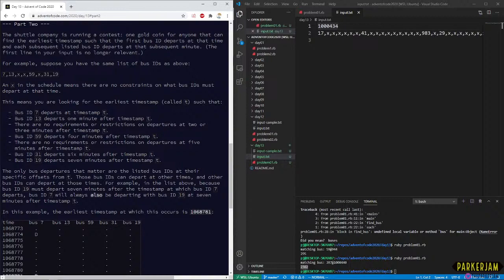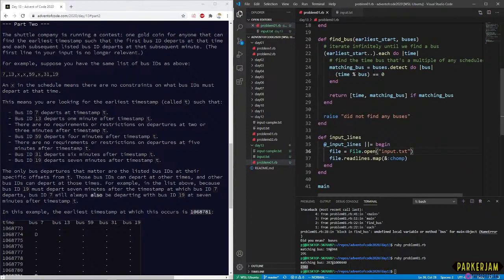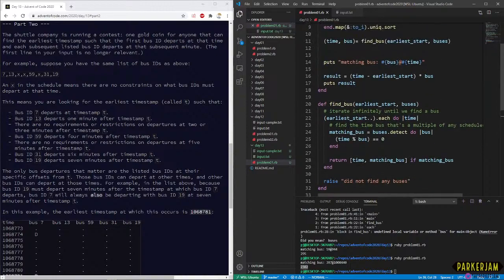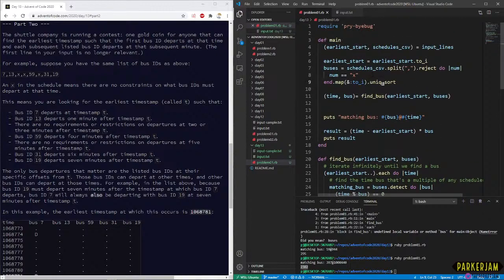Okay, so I definitely want to get rid of the sort. The sort was a terrible idea. Let's get rid of the sort. Bus ID 19 departs 7 minutes after T. The only bus departures that matter are listed in the bus IDs at their specified offsets from T. Those bus IDs can depart at other times, and other bus IDs can depart at those times.